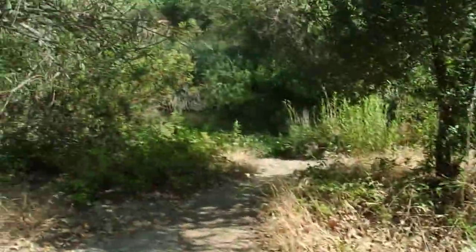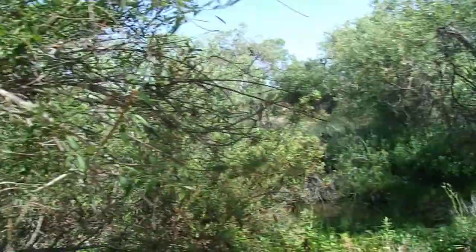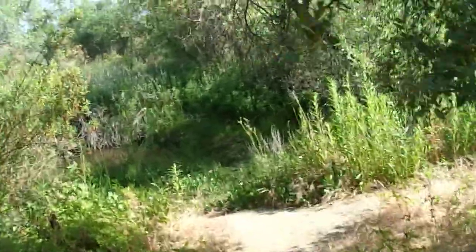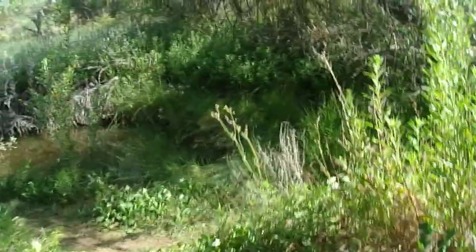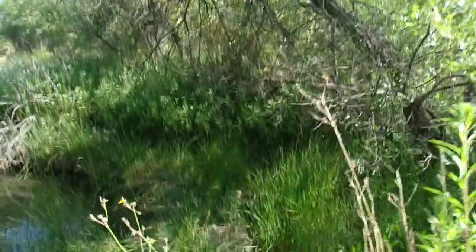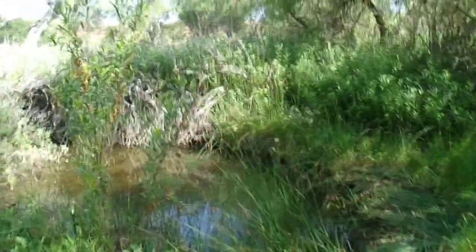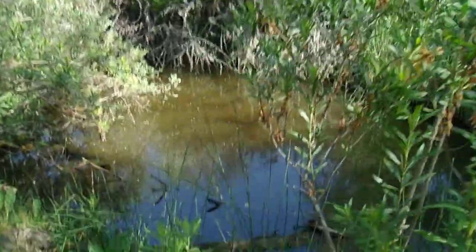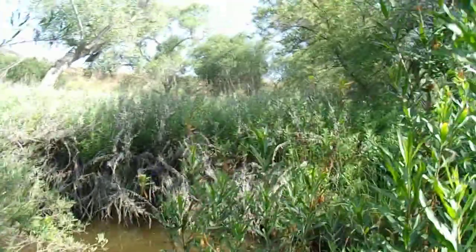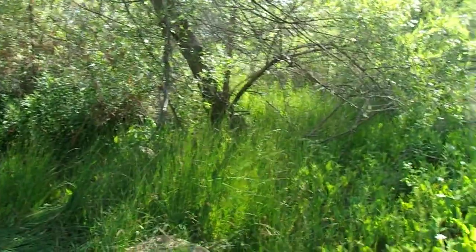This riparian vegetation is the stuff that grows close to the water. And we got a little pond right here, probably cut off from the flow, from the dryness of the season, as we're going into the drier portion of the year. So we got these little ponds, and then we got a stream on the other side of this embankment here. So it's very biologically important,